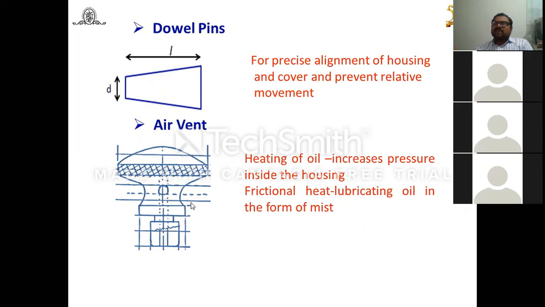Again, in Mytra's data book, and even in the PG data book, these values are given, and generally M12 or up to a maximum of M16. So generally M12 is the air vent preferred for industrial gearboxes. The size here is the nominal diameter of this bolt, which is fitted here, and it's a hollow one through which the oil or oil mist comes out.